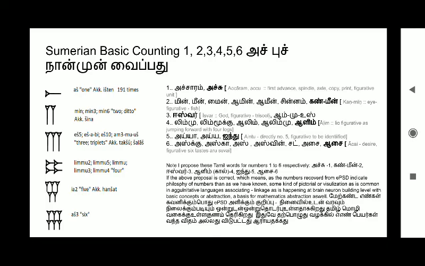For example, the number 1, though the Western scholars have given Ash, I have related it in Tamil to Acharam, Achu. Acharam is what the groom gives for fixing the marriage to the bride. Likewise, number 2 is Min in Sumerian, which can be related to the fish